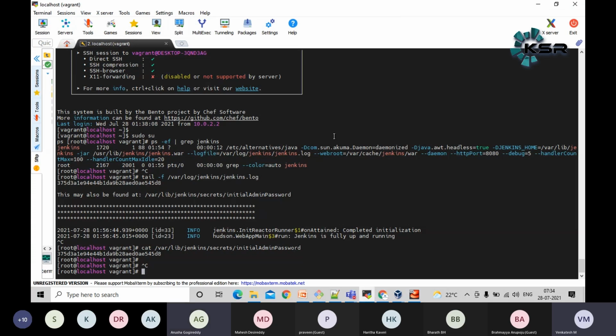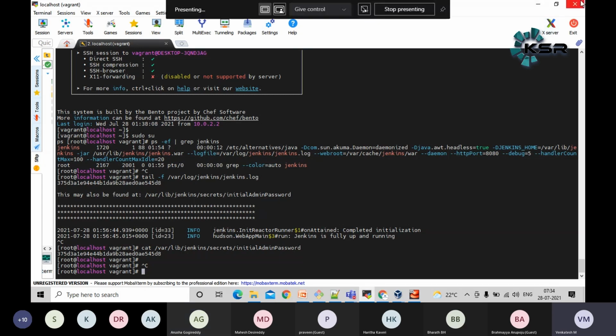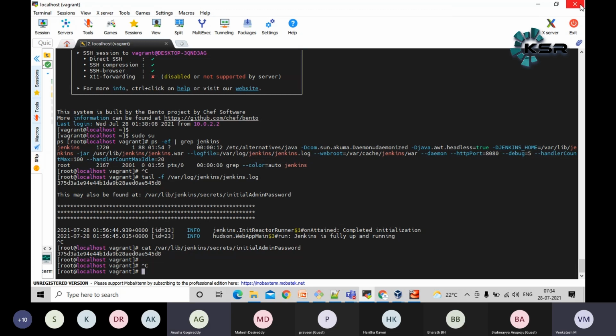I have connected to the server and I am performing all these steps as a root user. If you want to move to the guest, obviously if you close this tool, you will be on the Windows machine. That's it.